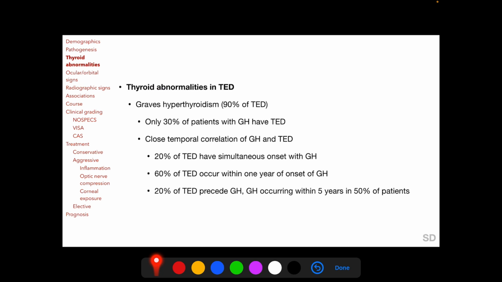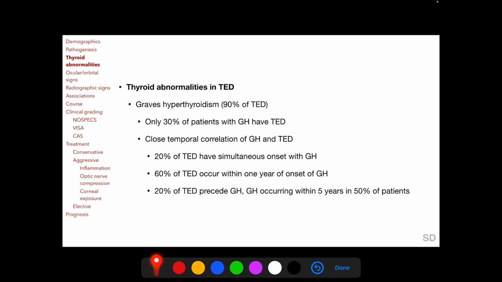Among the 94% of TED patients who have thyroid abnormalities, the majority, that is 90%, have Graves' hyperthyroidism. And out of the remaining, 3% have Hashimoto's thyroiditis, which is actually a form of hypothyroidism, and 1% have primary